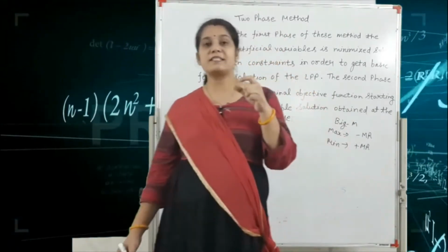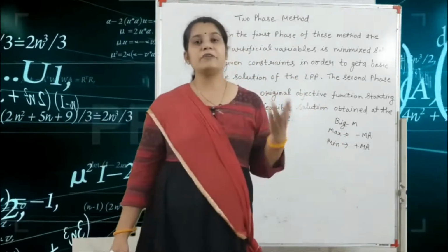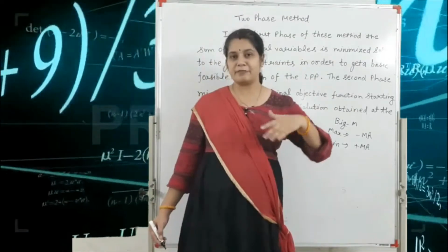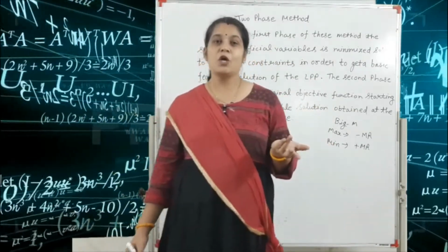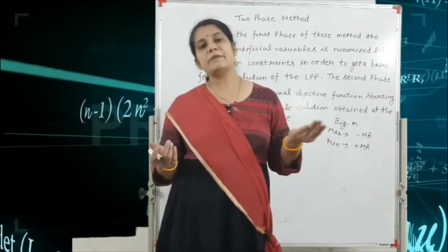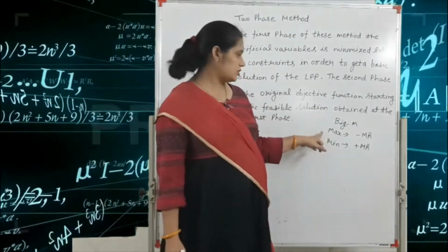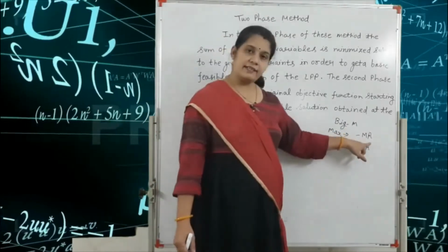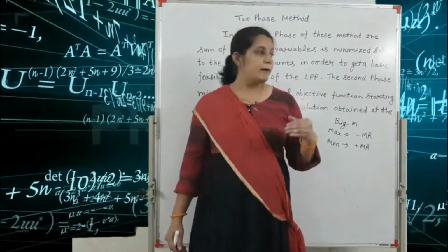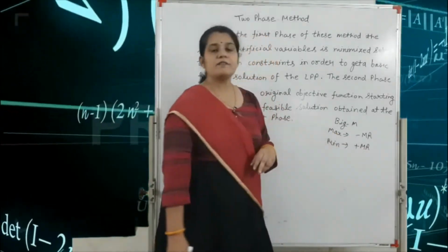In the two-phase method, the name is clear: our solution is completed with the help of phase one and phase two. So phase 1, and after that we solve phase 2. With the help of the two-phase method, a question can be given in maximization and minimization both. That means for the BigM method, maximization and minimization: if your question is given in maximization, we write the coefficient of the artificial variable as minus M. But if a question is given in minimization format, the coefficient of the artificial variable is plus M.